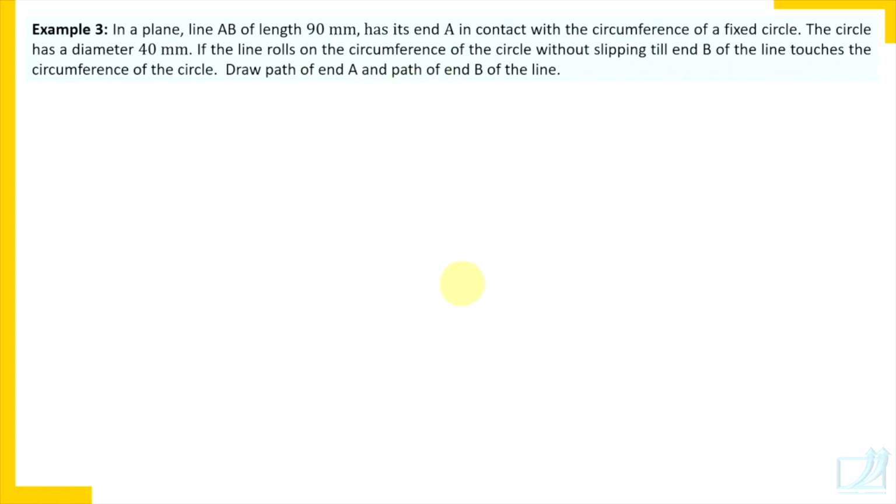In this case, a line is rolling on the circumference of the circle, but the procedure remains the same with little difference, and what it is, try to understand. Draw the circle of diameter 40 mm. And this is that line AB. Okay. Now